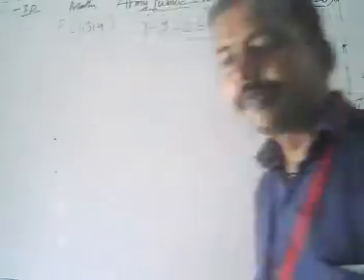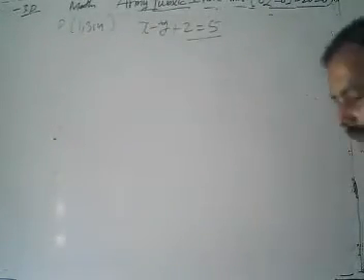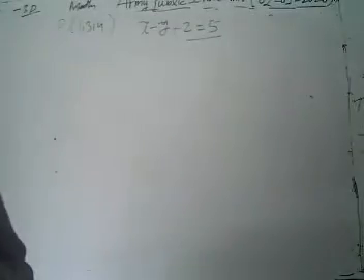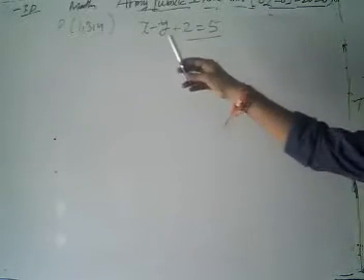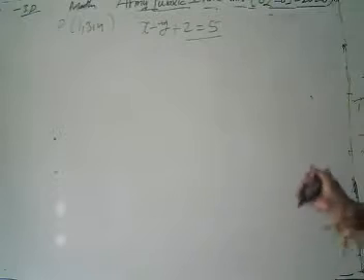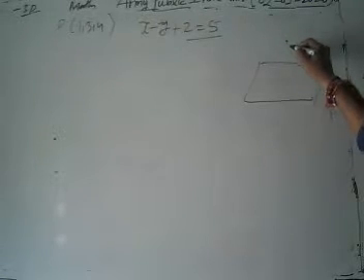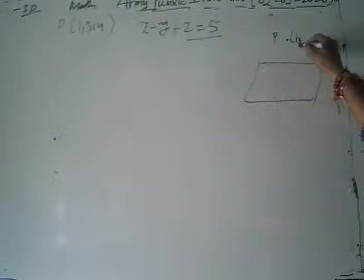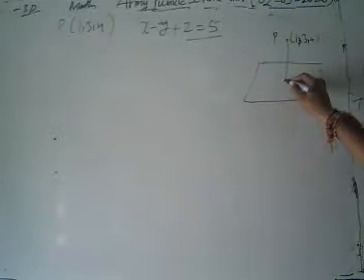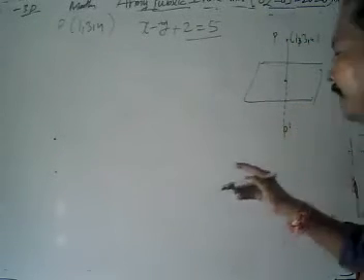Now look, it's our last question from today's topics. From tomorrow we are going to start with LPP, linear programming. Then we have to find the image of the point (1, 3, 4) in the plane x minus y plus z equal to 5. First of all, let's draw a rough figure. Let's suppose this is our plane, and our point P is (1, 3, 4). Suppose from here we take P prime as our image.